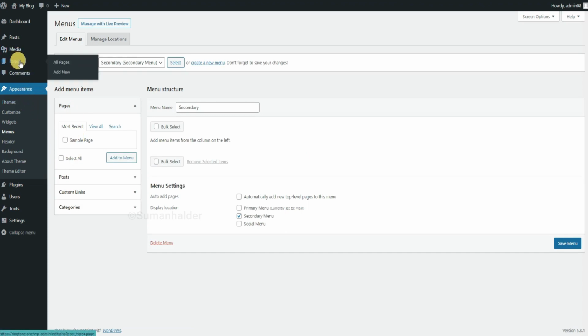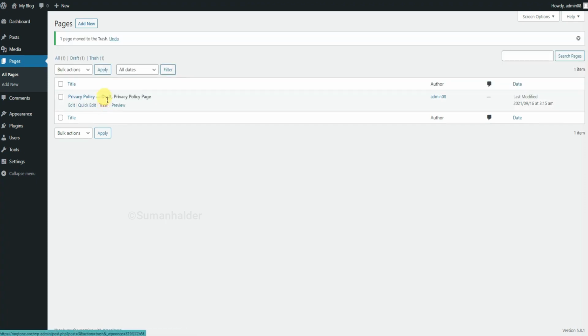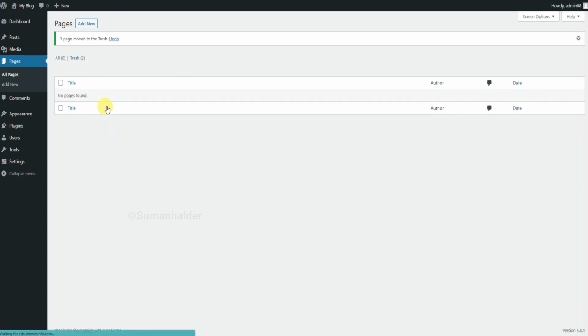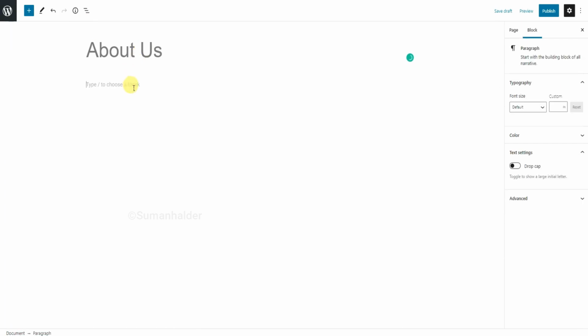So we need some pages for this menu. So click the page option and click all pages. As you can see, here default 2 pages already have. Click the trash option. Click add new. Enter your page name and write some content.